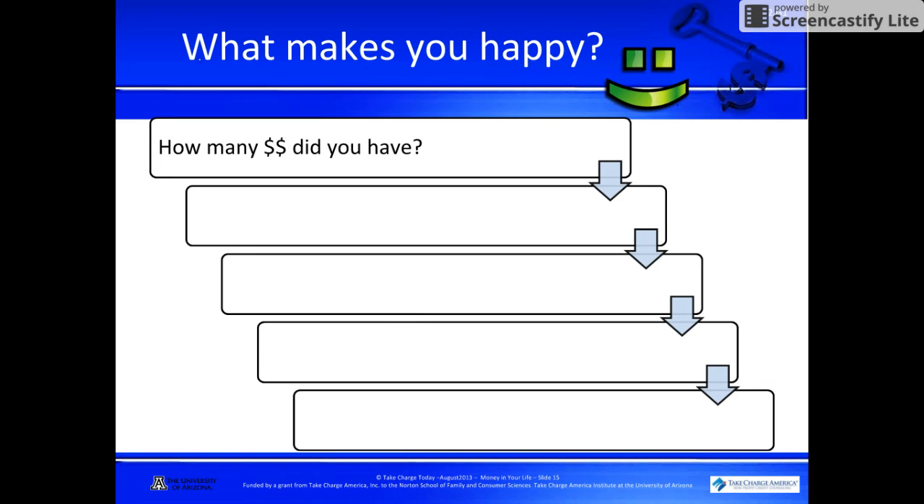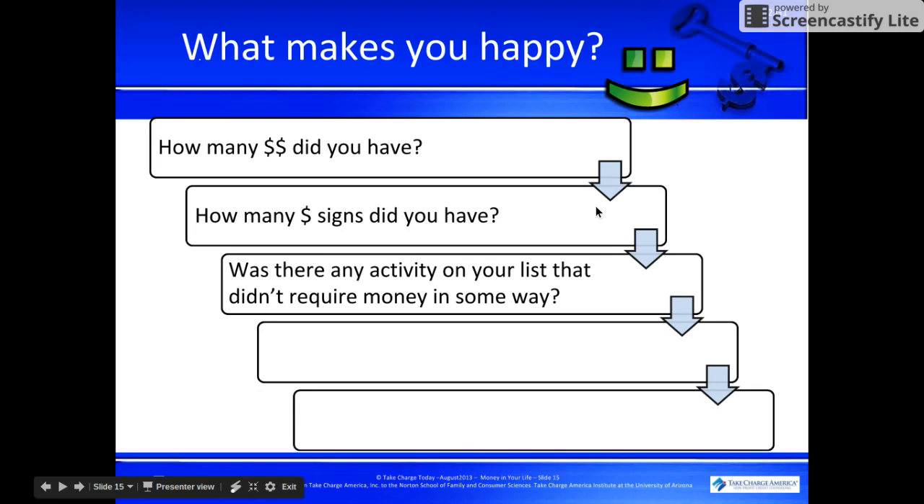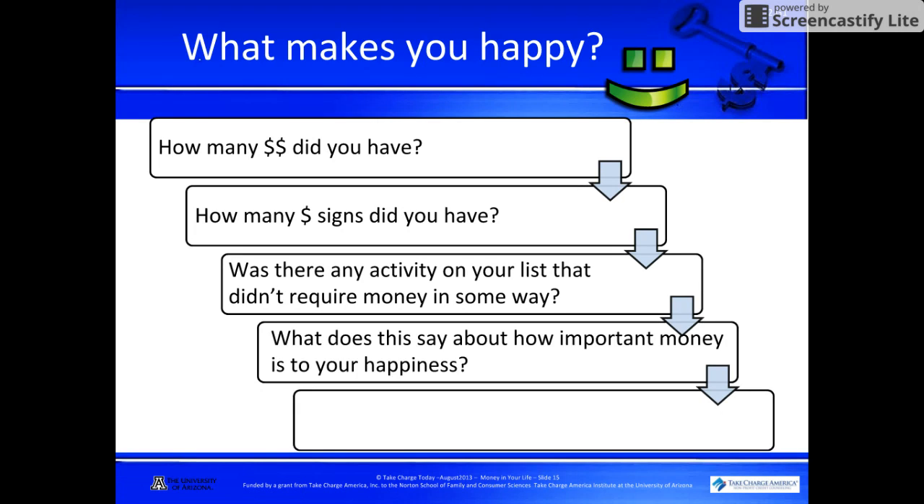Another thing to look at on what makes you happy is how many double dollar signs did you have? Activities that directly cost you money. How many single dollar signs did you have? Activities that indirectly cost you money. Was there any activity on your list that didn't require money at all? That would be a star. And what does this say about